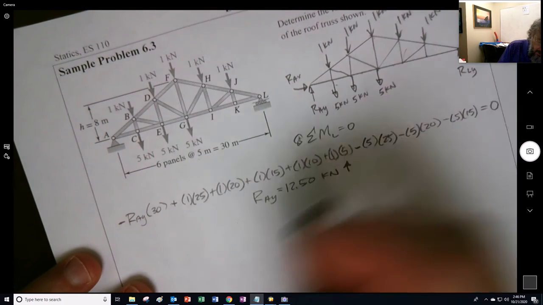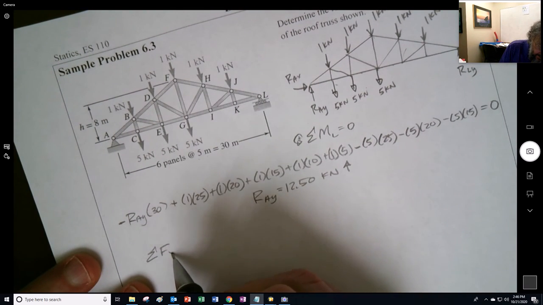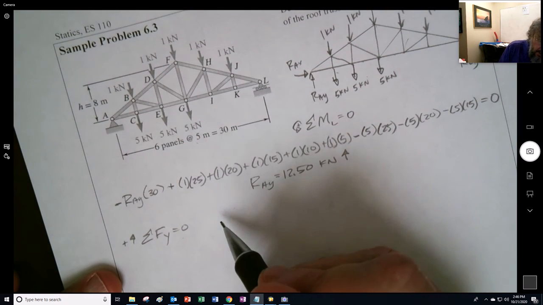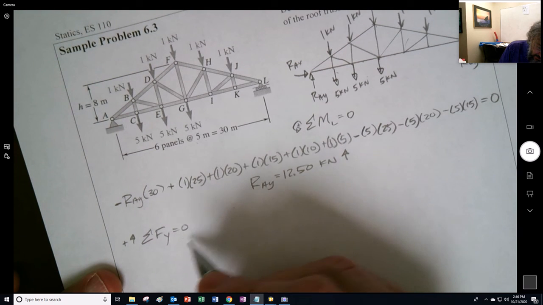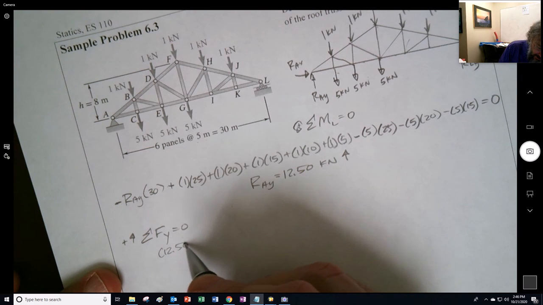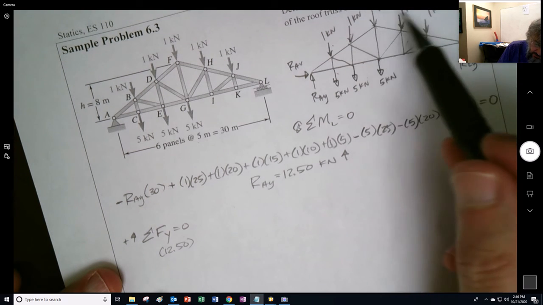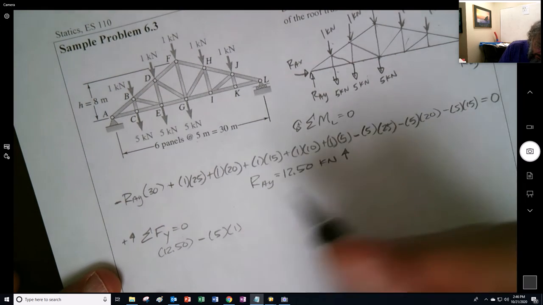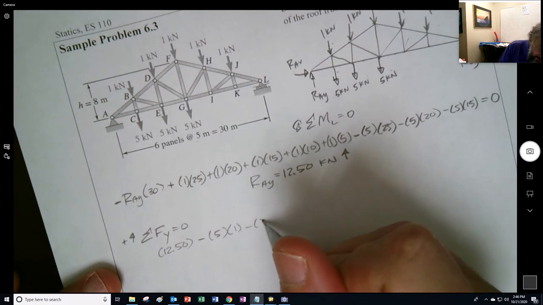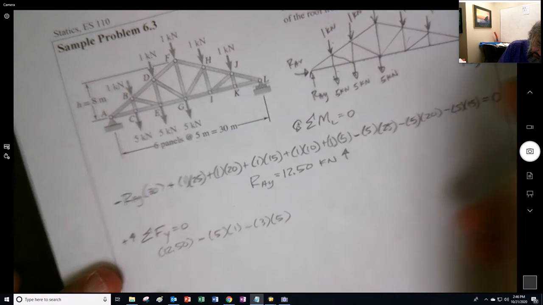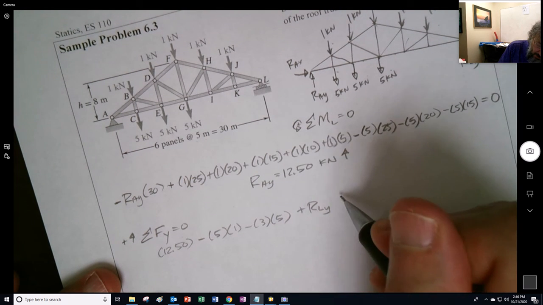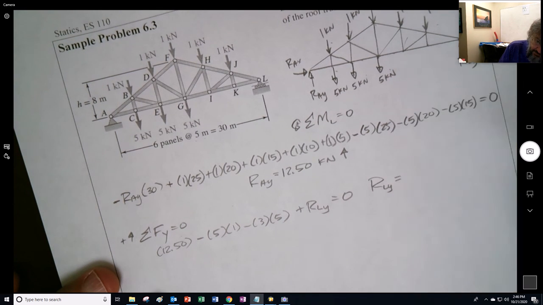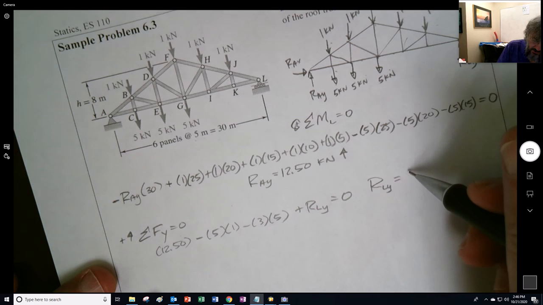And we might want to find out what RLY is, and then we just do the sum of the forces in the y direction equal to 0. We say that it's going to be 12.5 upwards, and then 1, 2, 3, 4, 5. So we go negative 5 times 1, and then 1, 2, 3, 3 times 5 down, and then of course we have plus RLY. And we can find RLY, the reaction. Riley, that's a good one, right? RLY is 7.5